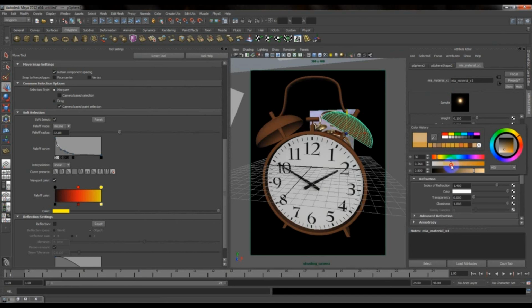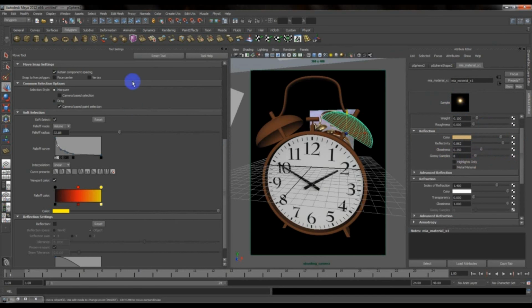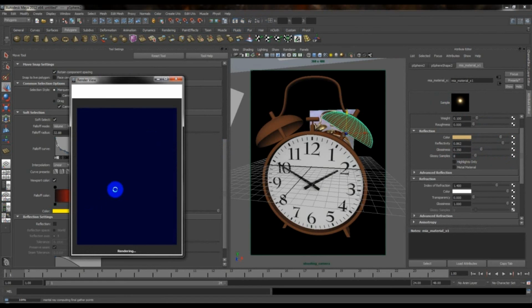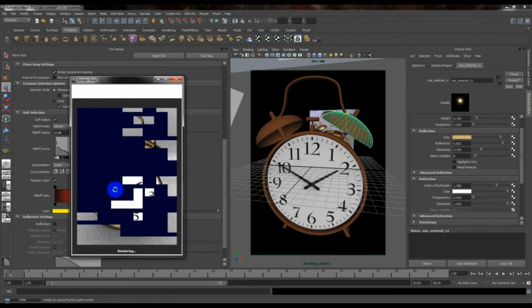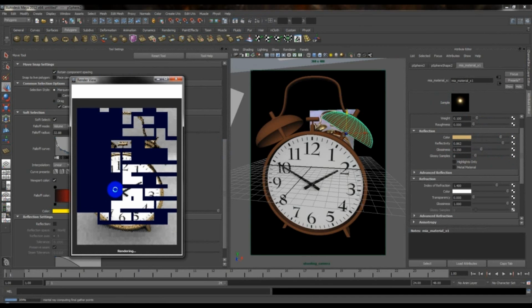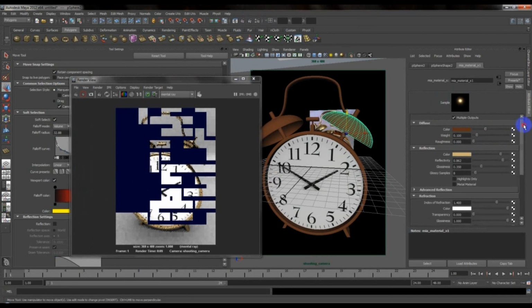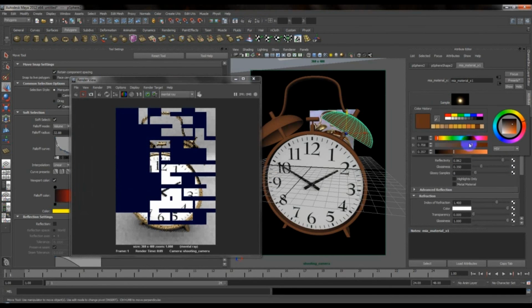Maybe change the color. Maybe change the color again. And now let me render it and see the result again. I'll wait for it. Again, wait for it. Let's see, 30%, 35%. Oh, that's a mistake. Let's change the color again. Okay, that's